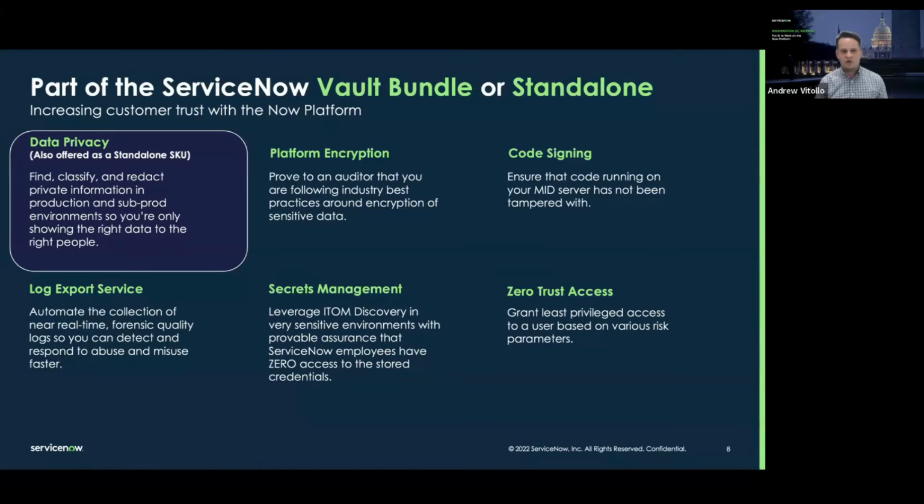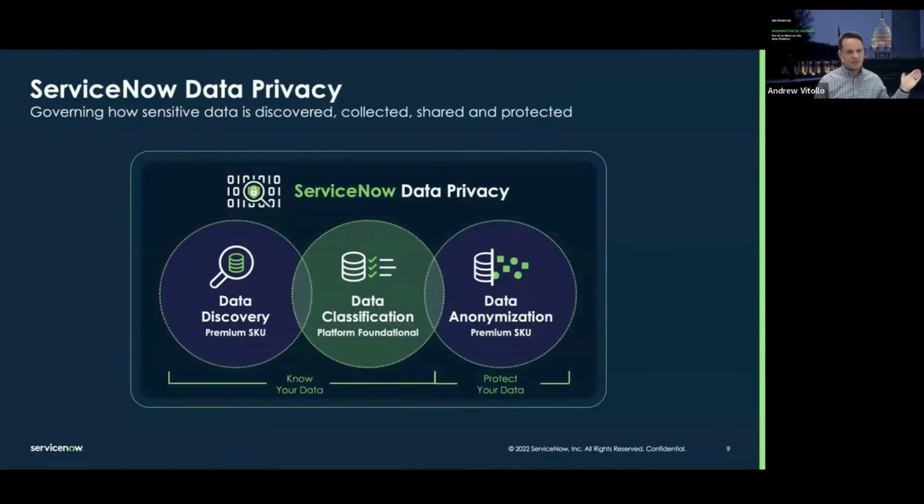And then the newest is zero trust access, which is all about advanced authentication controls based on who you are and narrowing the frame of access depending on data patterns. So really exciting. I'll talk a little bit about other upcoming Academy sessions to go deeper on those. But back on topic, let's just do a quick recap of what ServiceNow data privacy is.